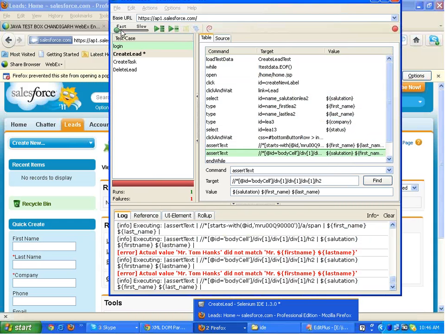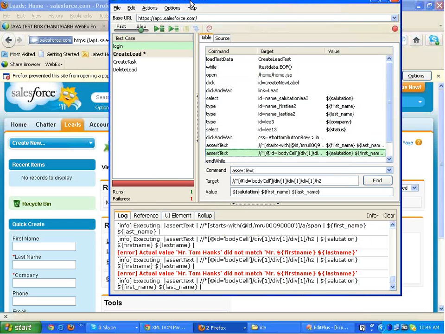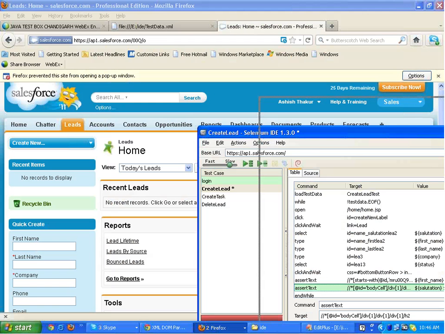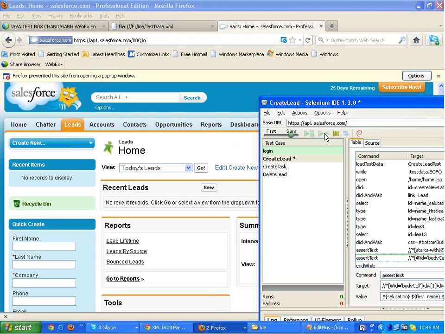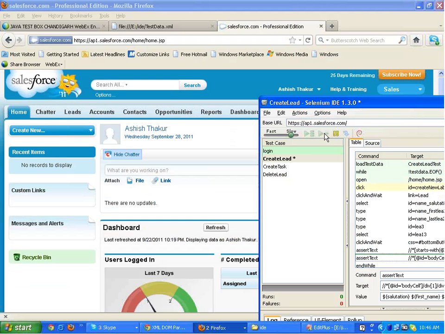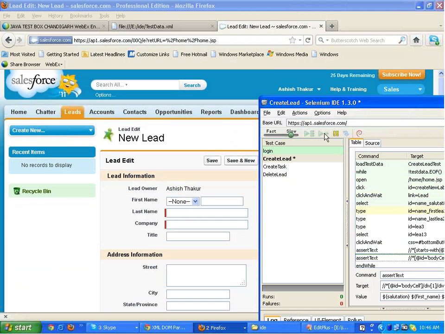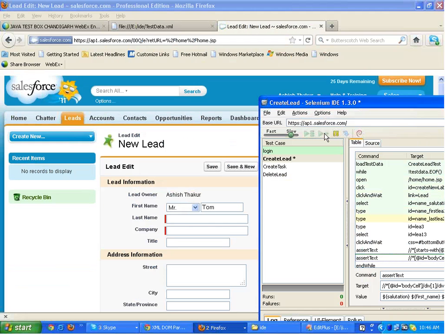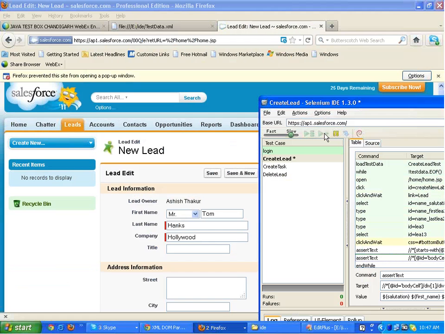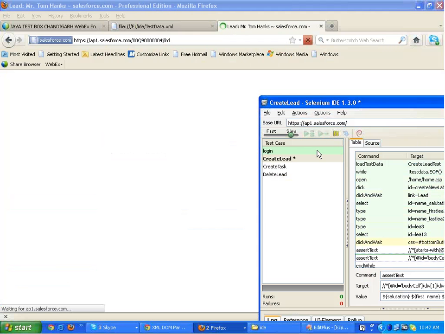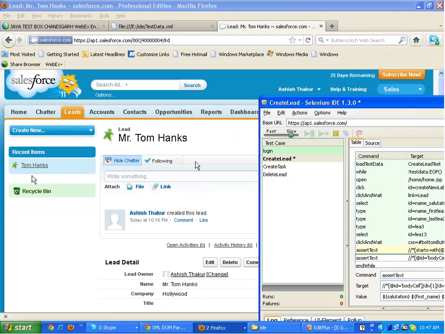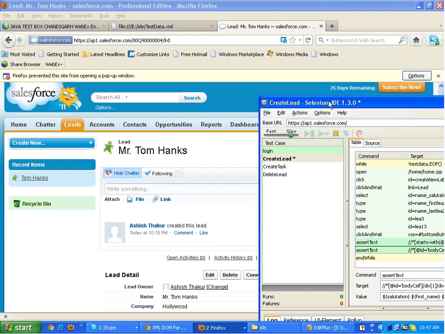I'll slow the speed. You can slow the speed from here. I'll slow it down so that you guys are able to see what's actually happening when the script runs. I'll run it again. So it goes to create lead test, creates a new lead, fills in the value. See, the values are coming from the XML. Tom Hanks is the lead which got created,